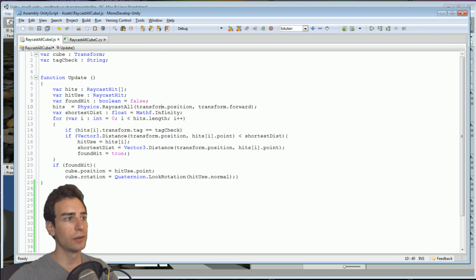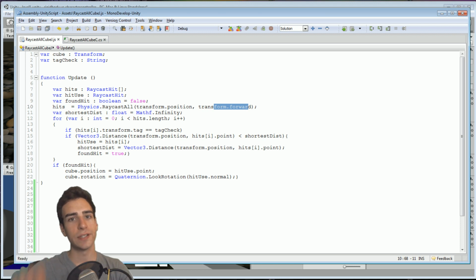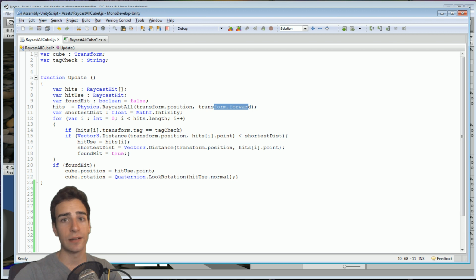So we have our origin and direction, and because we didn't give it a distance, it's just going to shoot on infinitely. It's just going to keep going on forever. By default, it has a distance of infinity. Okay, so we shot our raycast, and we saved all of the hits that it found inside of this array